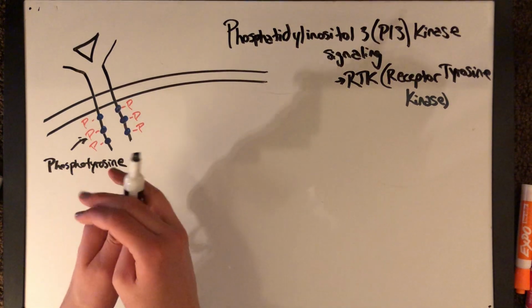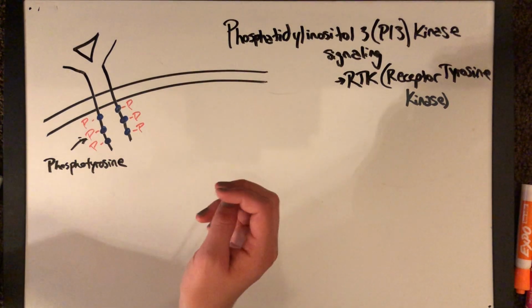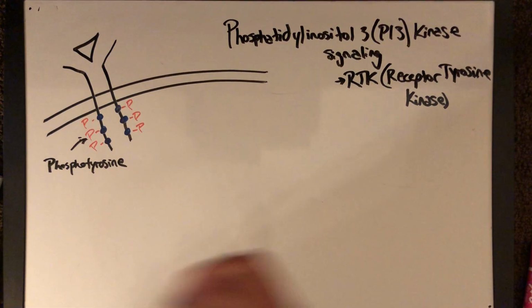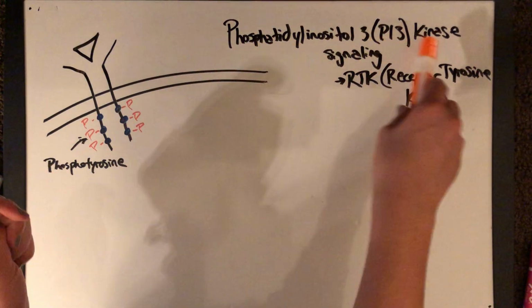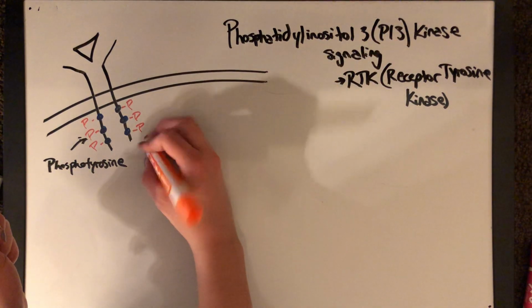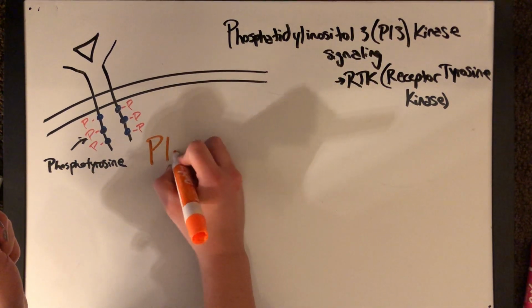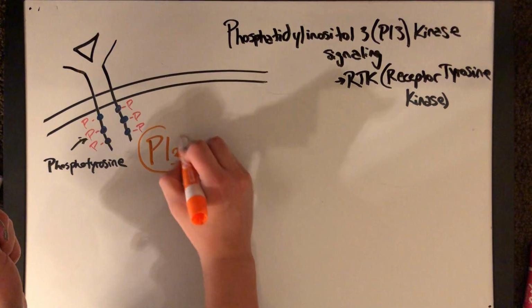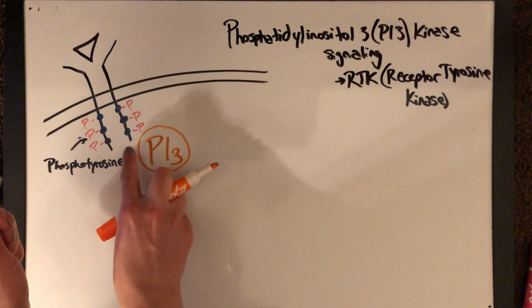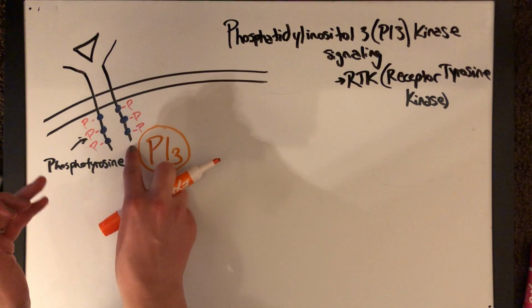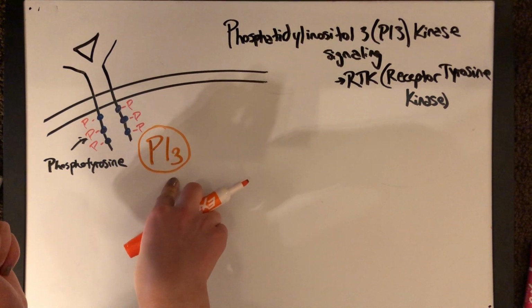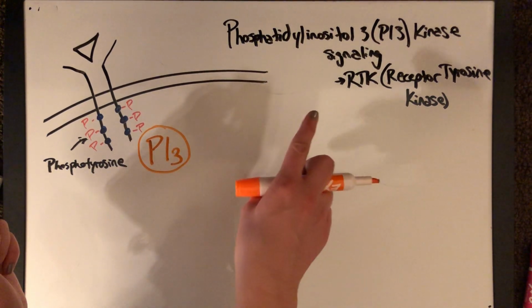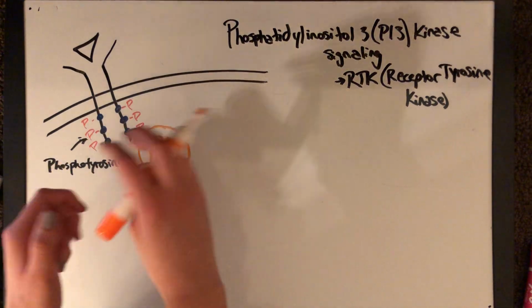Okay, so when that happens, our PI3 is going to come in. I don't need to write it out again, it's right here, phosphatidylinositol 3. So PI3 is going to come in and bind to these phosphotyrosines, and that's going to activate it. So PI3 is a kinase, right? So it's going to go and